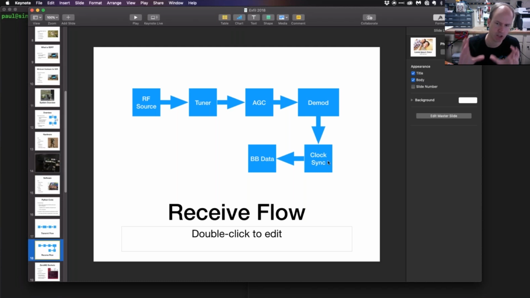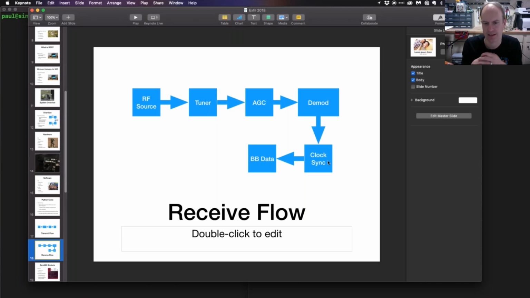Clock synchronization uses a lot of strange software incantations and black magic that I can partially demystify, but essentially the difficulty is figuring out when one bit ends and the next bit starts.